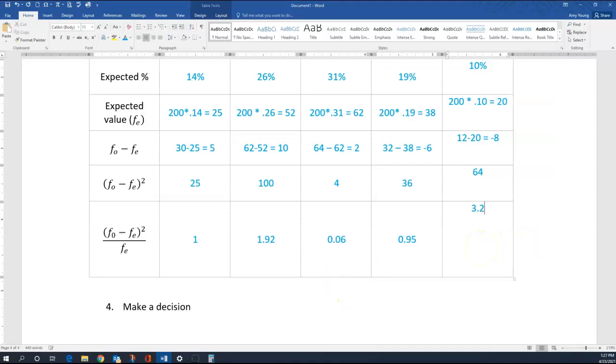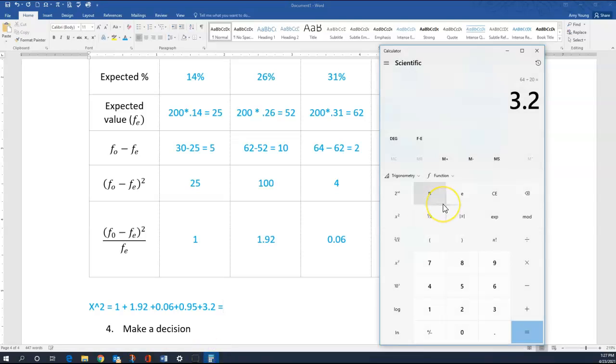So here's our 3.2. And then to do our final chi-square, that final x squared here, we're going to take all those values, 1 plus 1.92 plus 0.06 plus 0.95 plus 3.2. We're going to add all of that together and see what that gives us. So we have 1 plus 1.92 plus 0.06 plus 0.95 plus 3.2, and we get